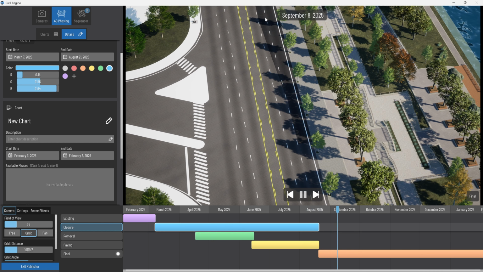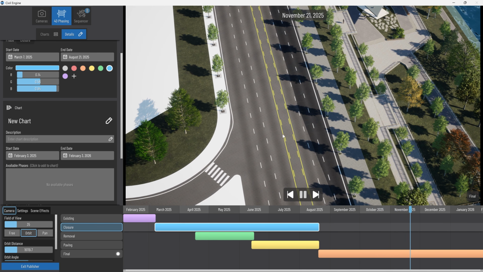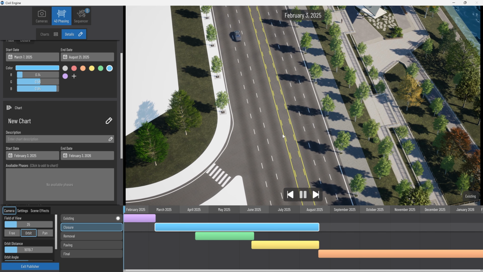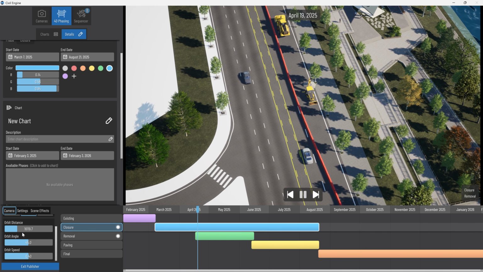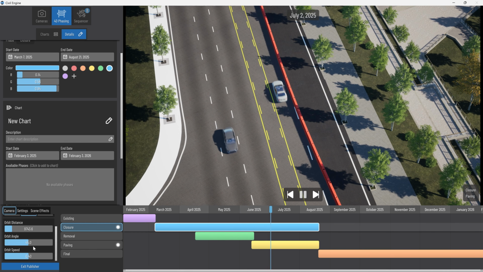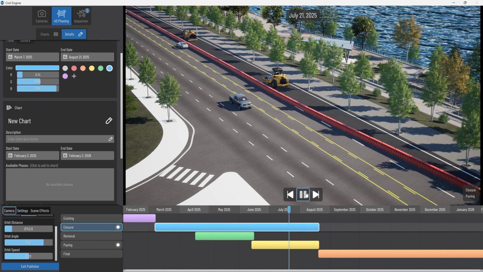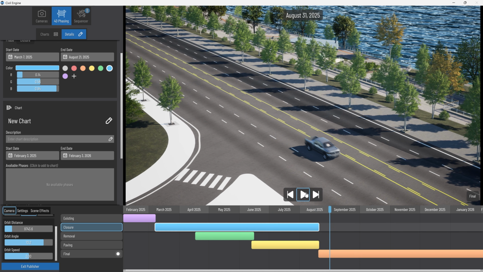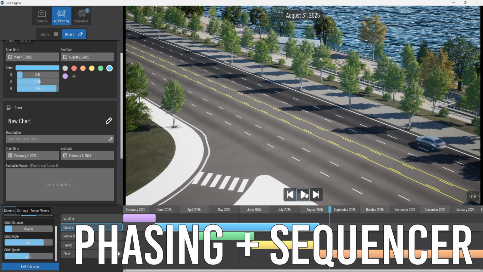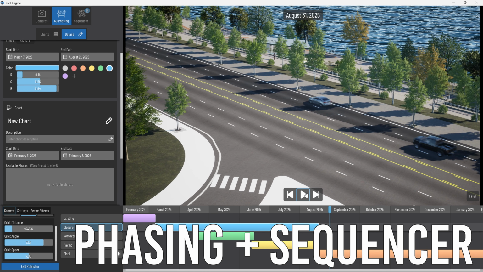or you could do something like the orbit camera. And for this one, you want to double right click to make sure that the camera is centered in the right location. And then you can adjust things like the distance and the angle. So this is a cool way to preview it. If you want something more advanced, and this will be discussed further in video 8, which covers cameras and rendering,